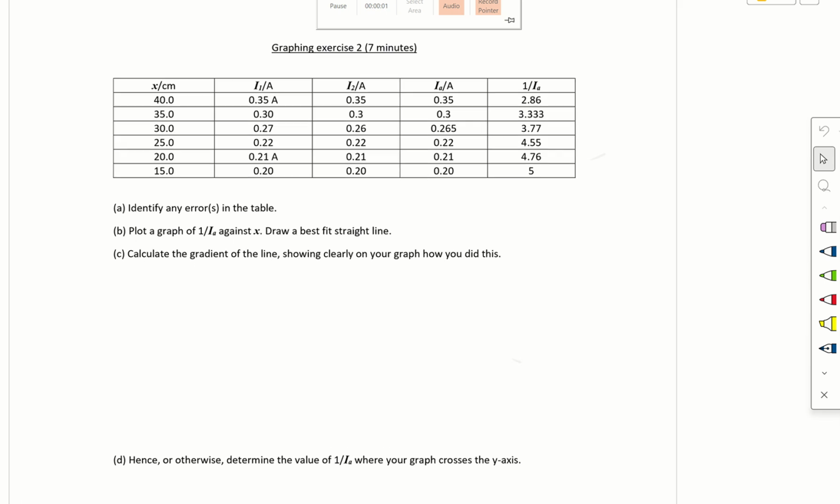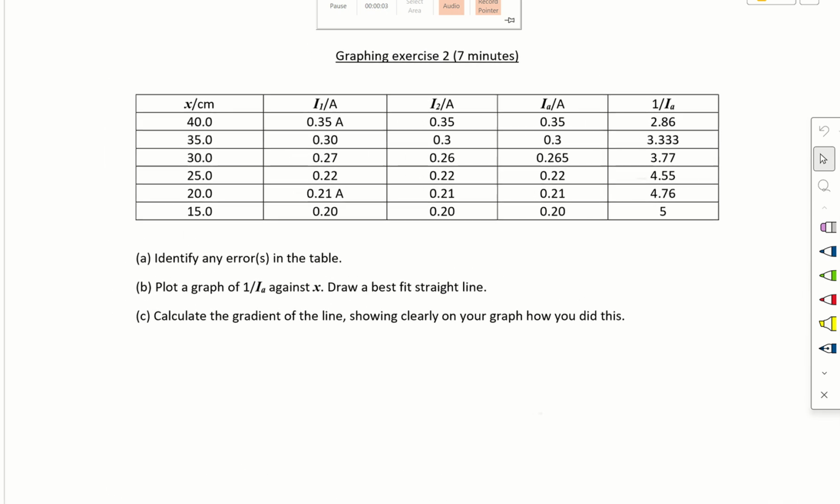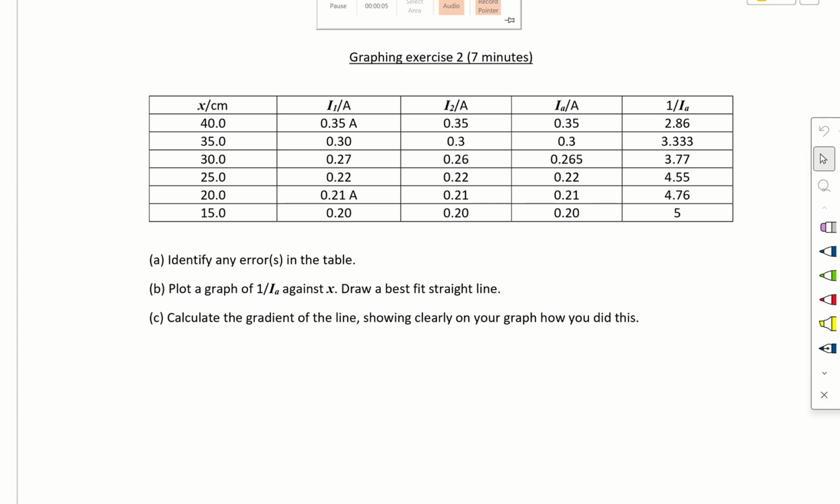Okay, for this video, I'll be going through graphing exercise 2. So again, we are presented with some data in a table. So part A, identify any errors in the table. So if I look at this, now most commonly used